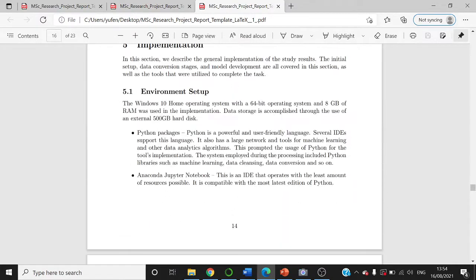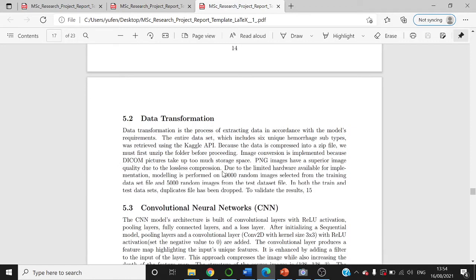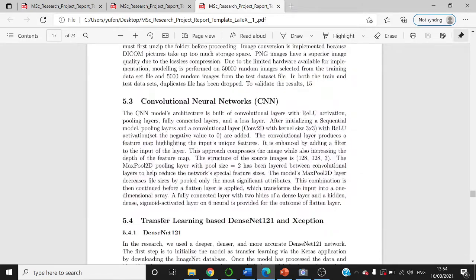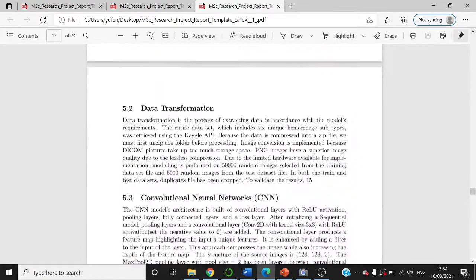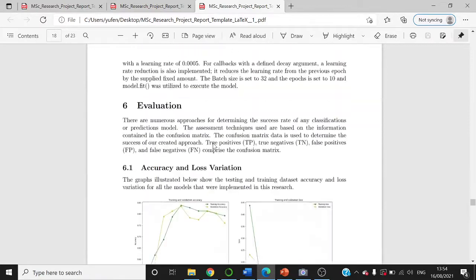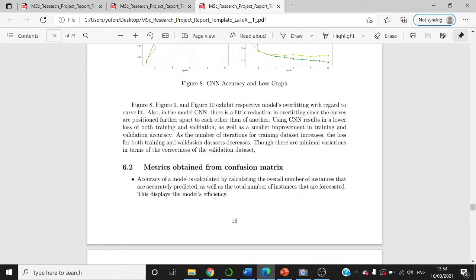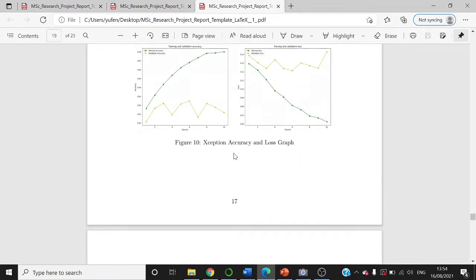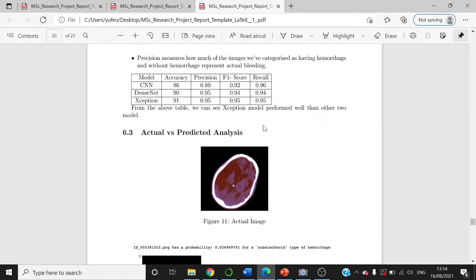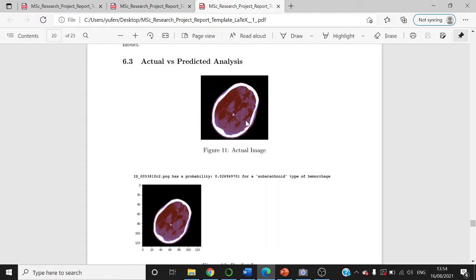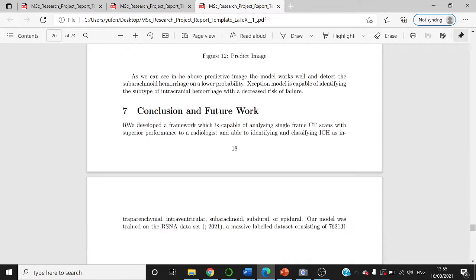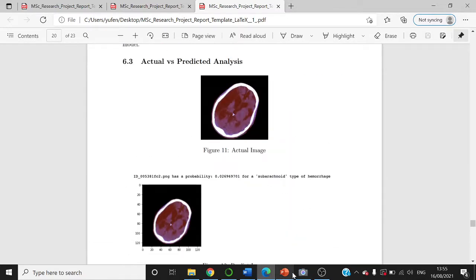Implementation, the environmental setup, what sort of technologies we used. Data transformation using convolution layers, and then transfer learning, and the evaluation is based on the accuracy and loss graphs of all three models, and then their accuracy and precision, and at the end we find the image. This is the actual image and this is the predicted image, and we find that this has subarachnoid type of hemorrhage. Moving further to the code file,